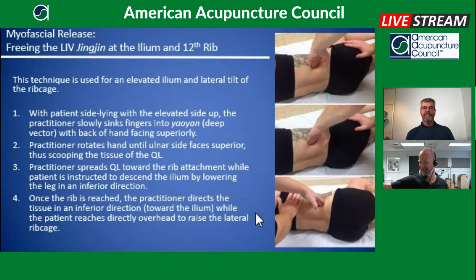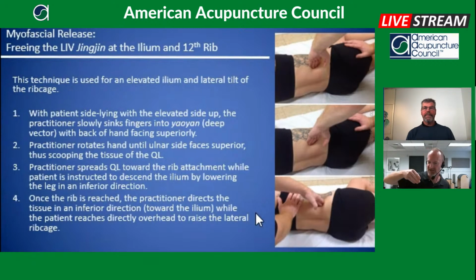So as they reach their foot, say towards the back wall or something, straight in line with the torso, downward, that'll start to pull the hip down while you're spreading and moving that tissue towards the 12th rib. So you're elongating one direction as their force is going the other direction. And you can take that up to the 12th rib, then you could change directions because of those different fiber